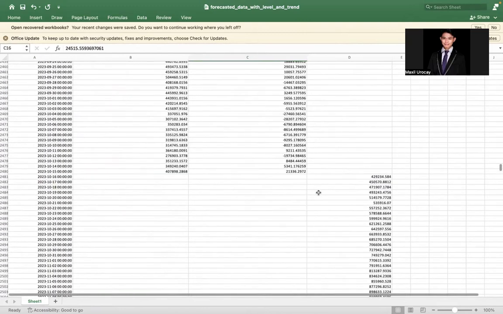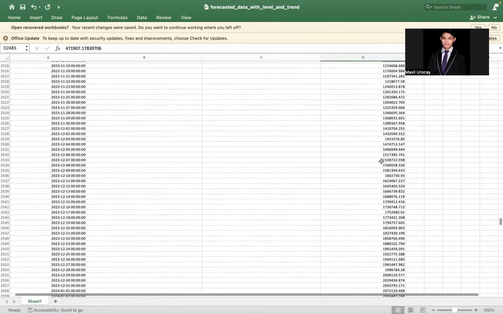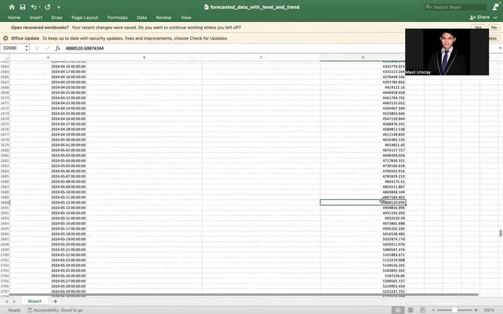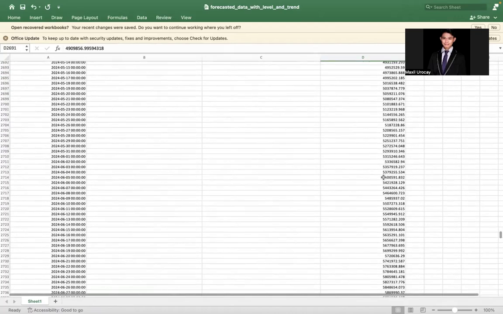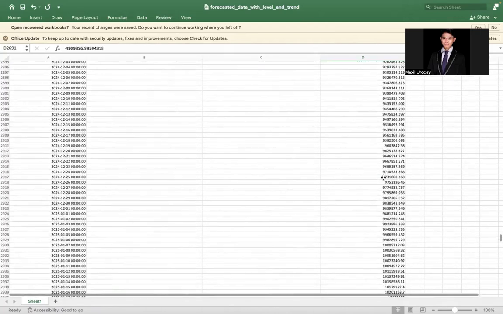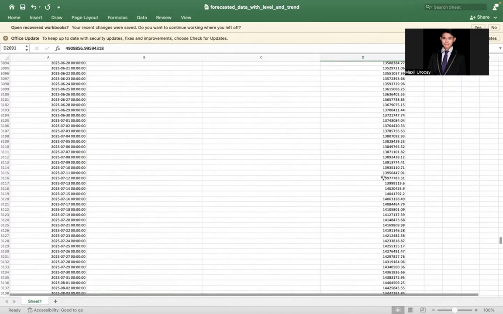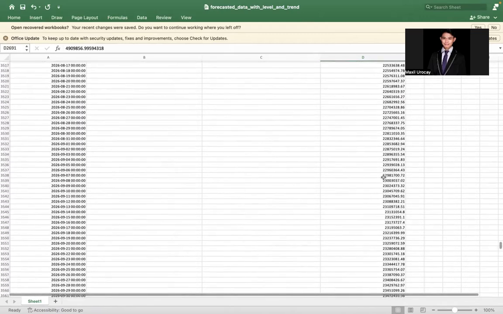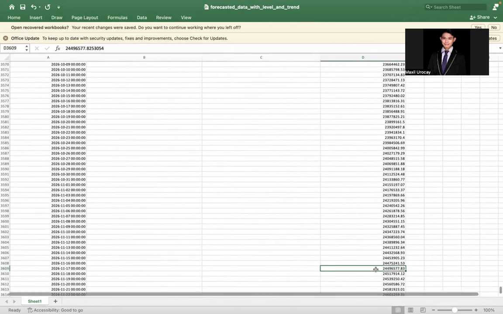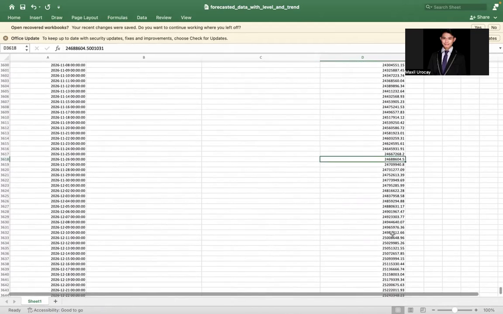Afterwards, this will be the forecast already. So it is increasing: 48, 48, 49, up until the future, where you could see the trend is most likely increasing. Up until 2026, so it is millions or whatsoever. So that's how you will deal with that.